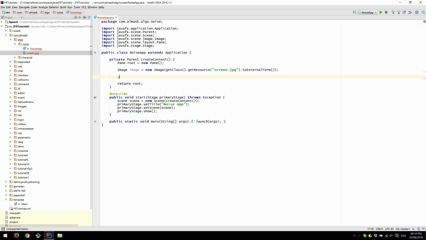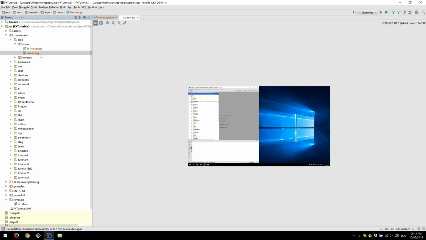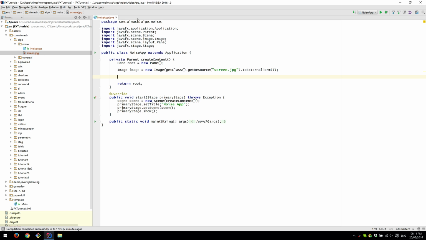Hi guys, in this tutorial we're going to make a simple noise effect and add it to an image. What we have here is a screenshot of my desktop. You can use any image you want, and this is going to be our source image. Place it in the same package, which I call noise, which comes under algorithm package that already existed for the